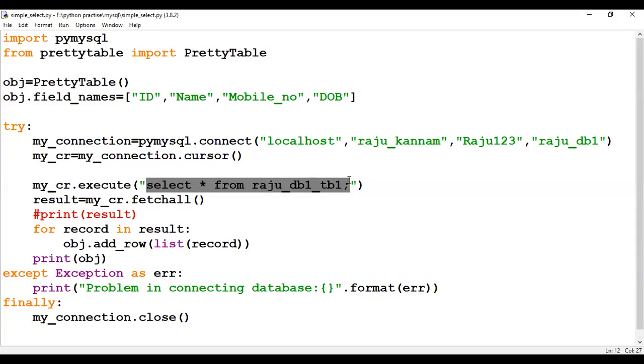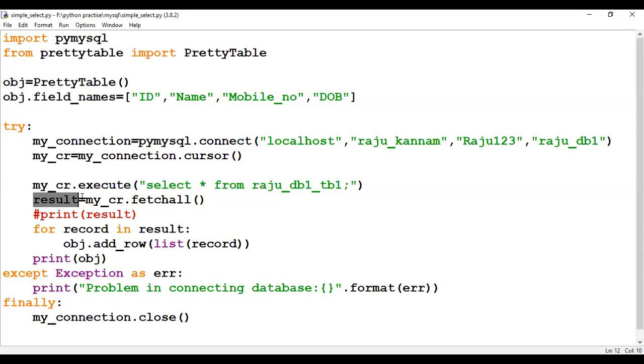From the cursor, we have to fetch the records now. For fetching the records from the cursor, you mention the cursor name. My cursor name is my_cr.fetchall. Fetchall means whatever records are stored in the cursor, you take all of them out and store them in the variable called result.